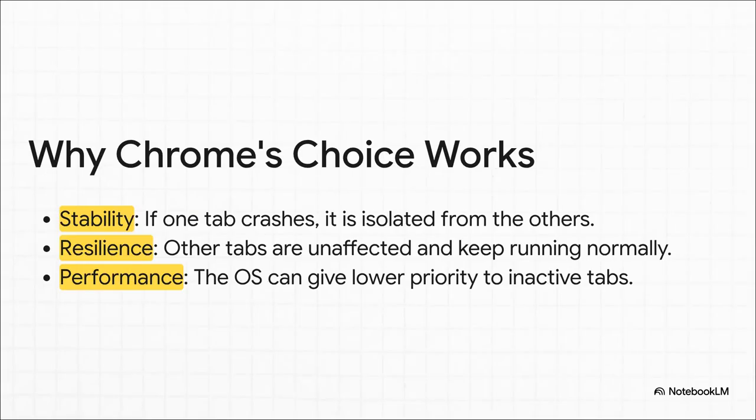So why does Chrome's choice matter so much to you? It's all about stability. If one of your tabs crashes, if one of those company branches goes completely bankrupt, what happens? Nothing. Your other tabs, those separate, isolated processes, they just keep chugging along, totally safe. That's why one buggy website doesn't crash your entire browser anymore. That single design choice makes your whole browsing experience way more stable and resilient.